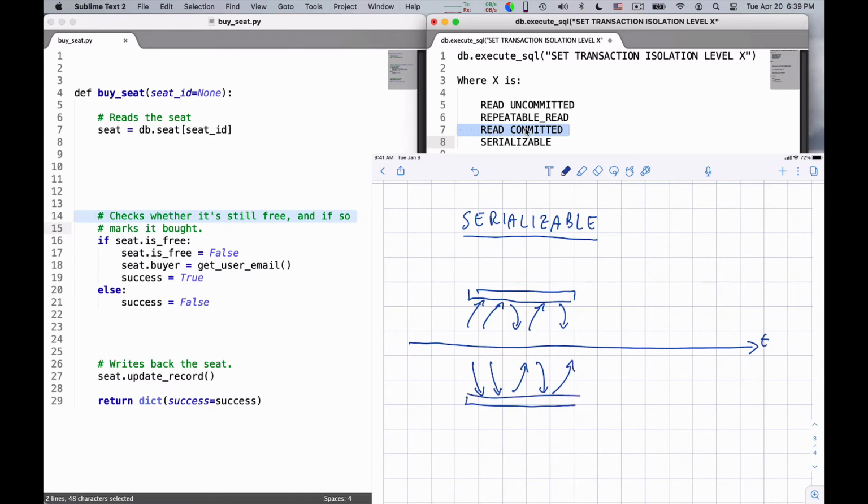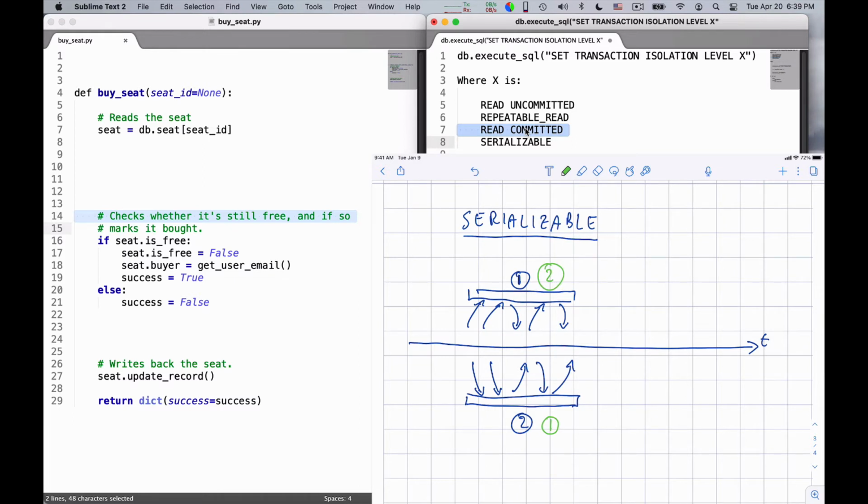Okay, so there are two processes running in parallel. And serializable means I don't care how you do it, but to the user, logically, the final result on the database and on these processes should be as if either these went first and these went second, or perhaps vice versa, these went first and these went second.